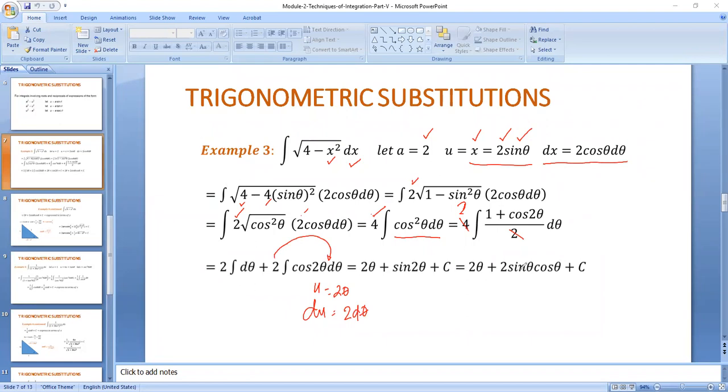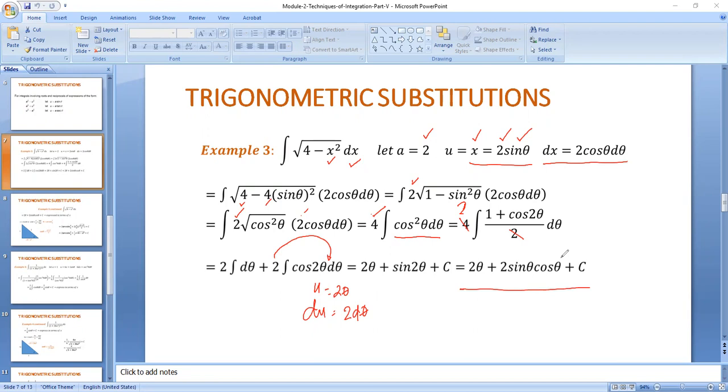Now, ever wonder why it's written here as 2 sine theta cosine theta? It's because your sine 2 theta has this equivalent identity of 2 sine theta cosine theta. Now, that's an identity that you've learned even starting junior high. Okay? Now, if you look very closely at our answer, class,